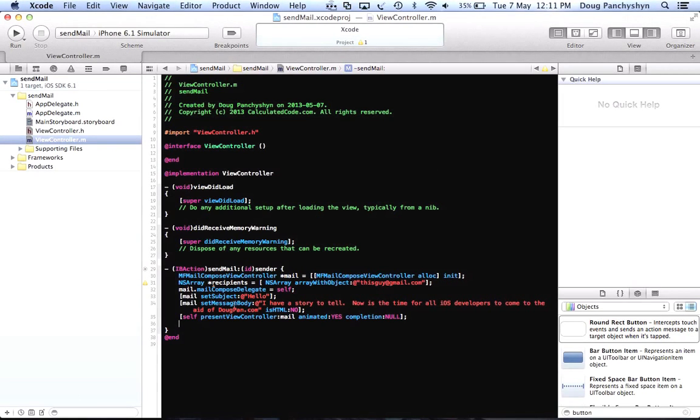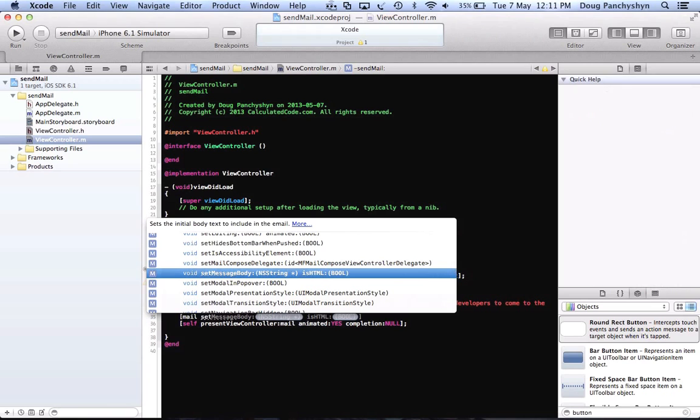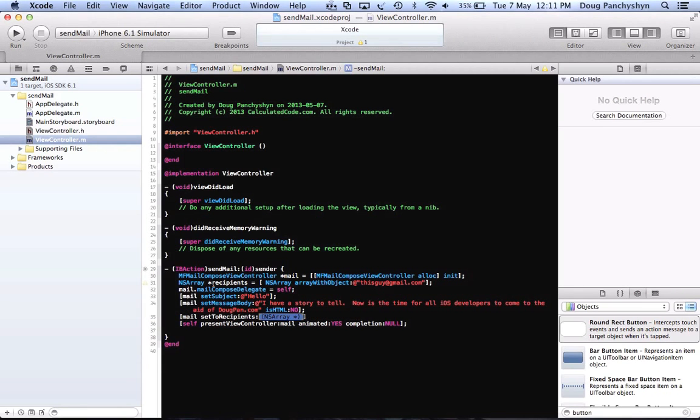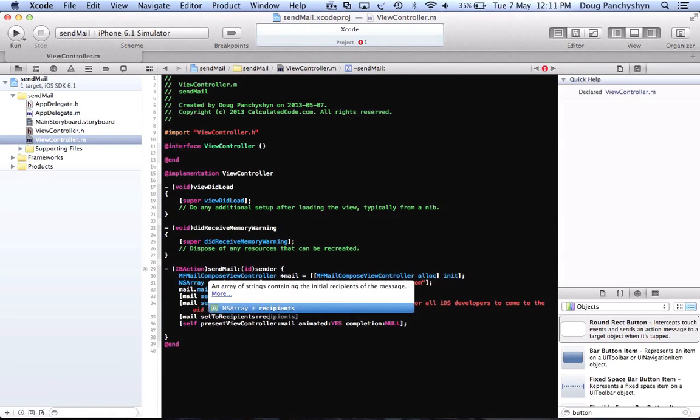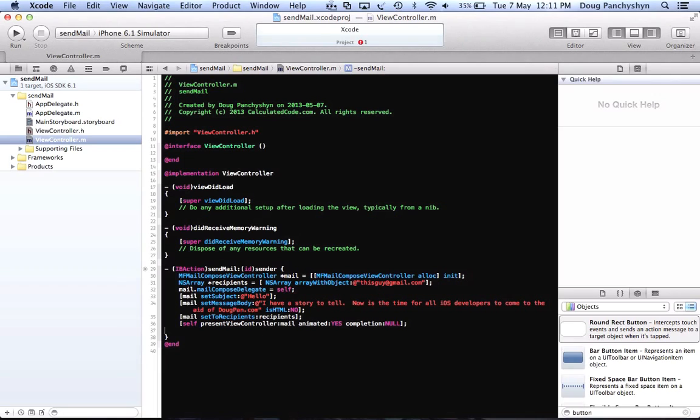Oh yes, we have to specify who the recipients are. So let's do that first. We'll go back up here and we'll go mail and we'll set the toRecipients to, what do we call it up here? Recipients. There we go. Now this code will run, it will work, but if we hit cancel, if we hit send,